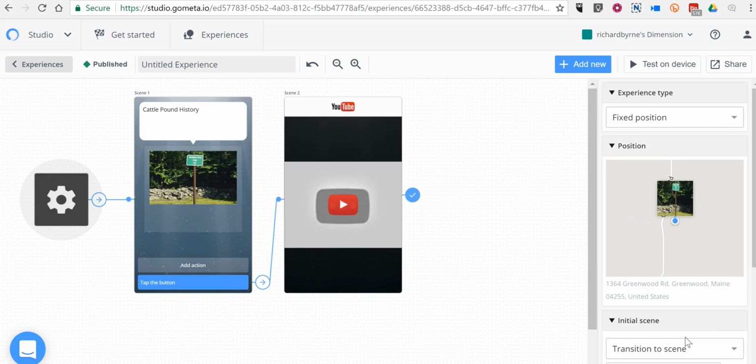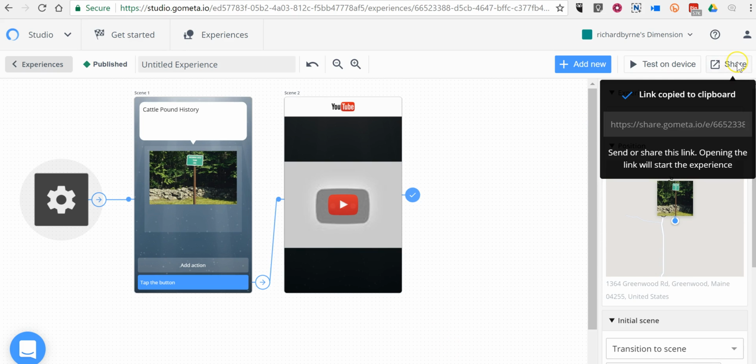So now somebody using the Metaverse app on their mobile devices will be able to go to the location here, and they can find the cattle pound, and once they do, they will be able to watch the video based on that location. And it will display on top of whatever they are looking at on their phone at the moment. So I'm ready to share this. Anyone who has that link will now be able to experience that, provided they're in the right location, because it did make it location specific. So that's a very simple app that you can build